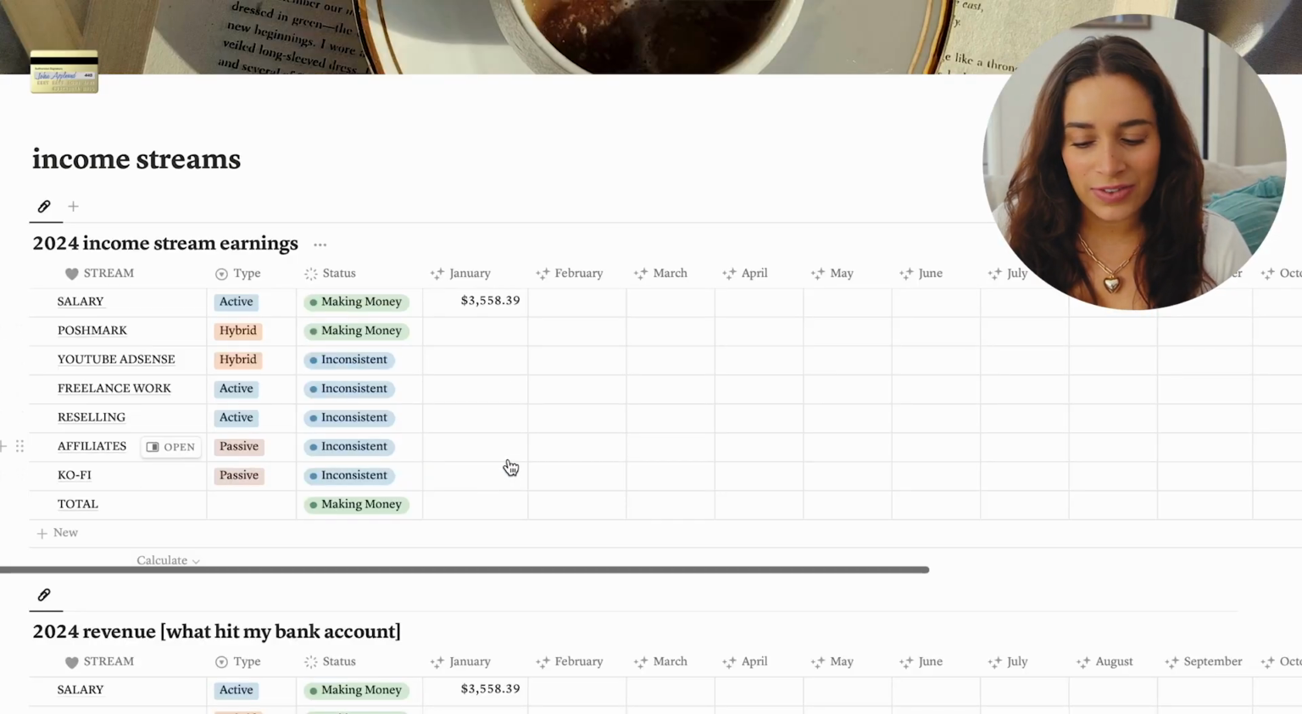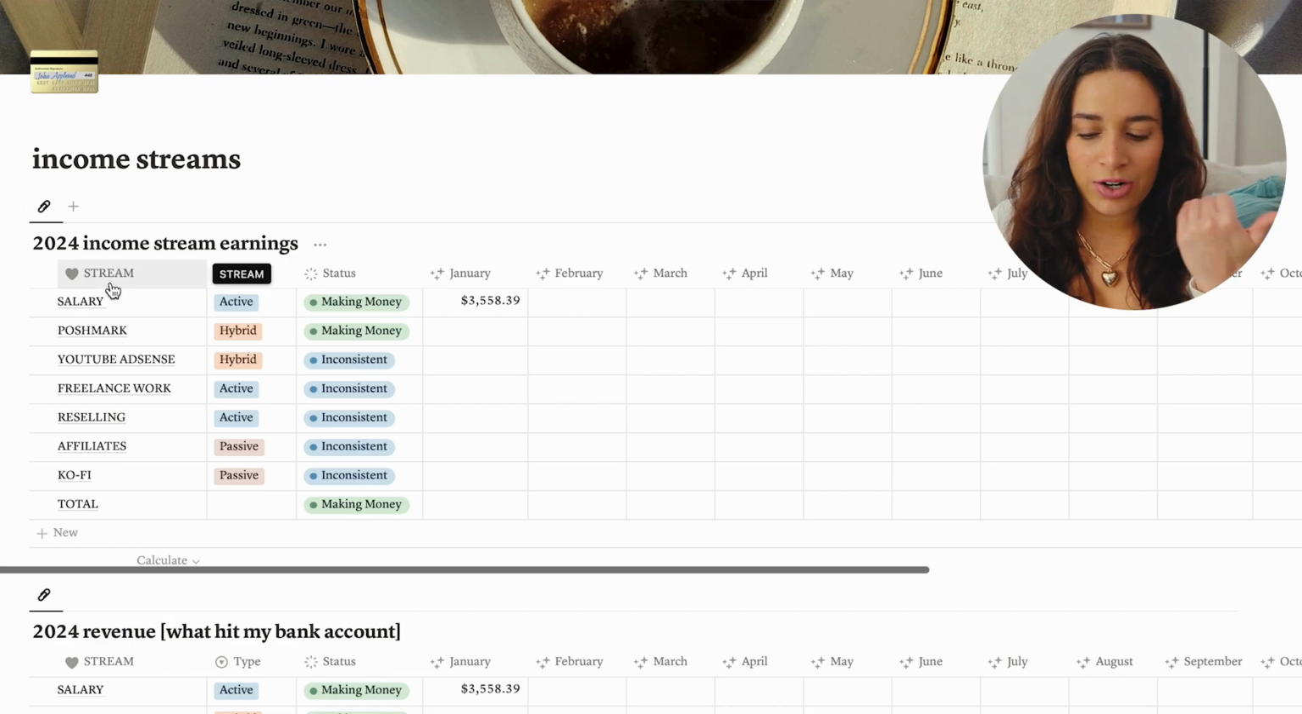So the revenue that I'm generating, and then I can also track what's hitting my bank account, AKA what money am I actually receiving from these income streams that month. I hope that makes sense. It's very complicated. But essentially I have this lovely little chart that breaks down each of my current income streams,